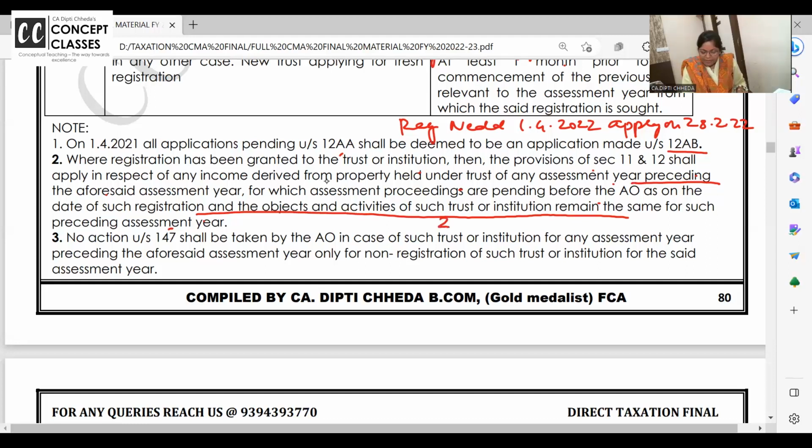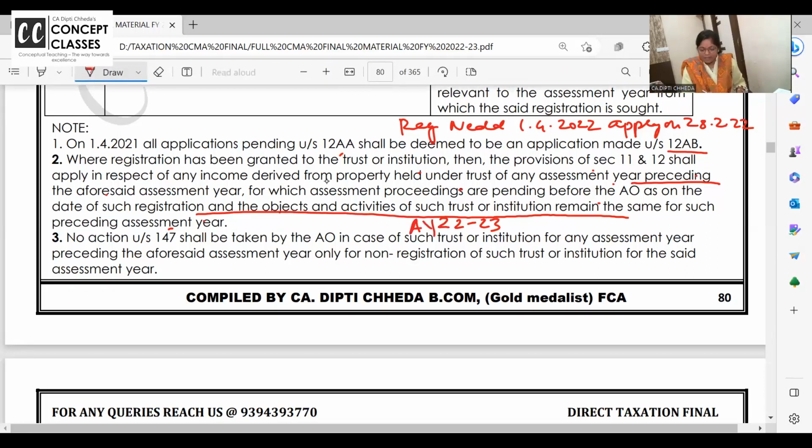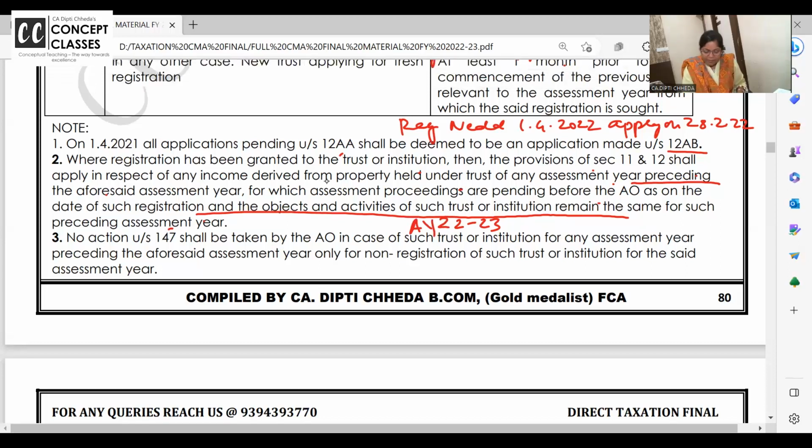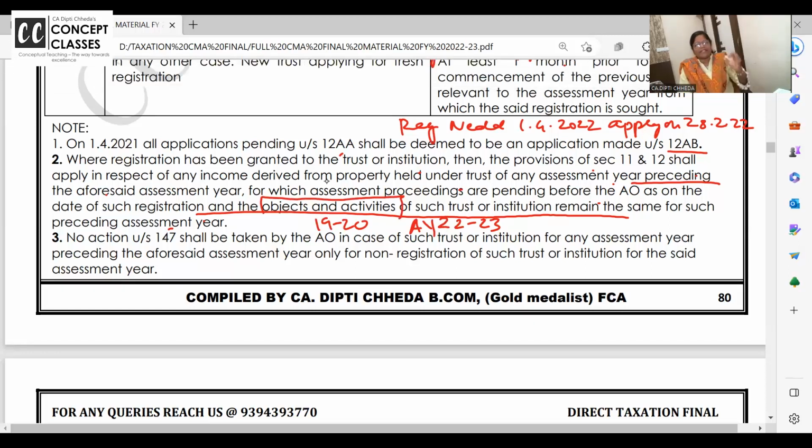Your assessment year for registration is 2022-23, but some assessment is pending for 2019-20. And now also you are doing the same object of the trust or activity, genuine hai ya nahi? Are you working for the object of the trust and it remains same in that year? Then no action will be taken here.